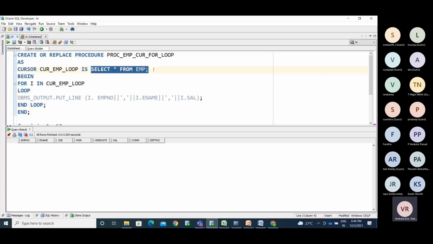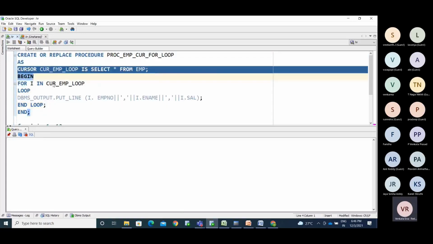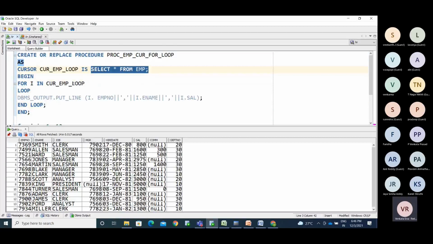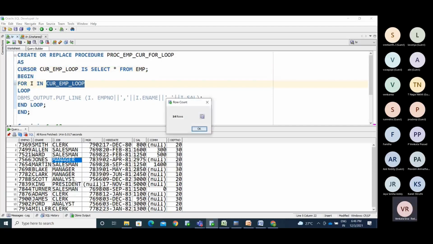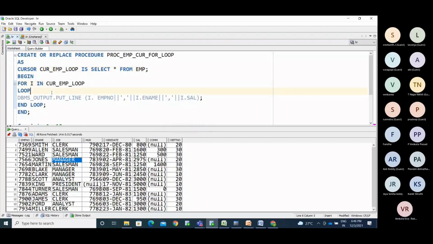If I put the cursor name in this for I in, what will happen? However many records we have in this select query, that many times the cursor will loop.